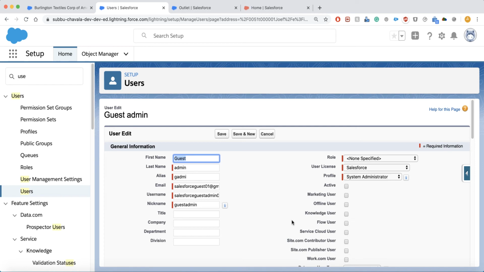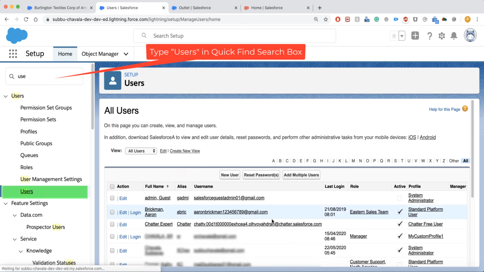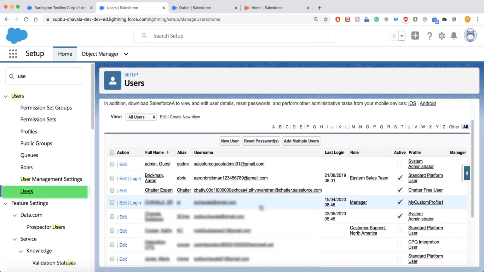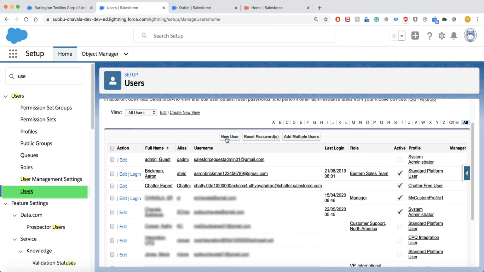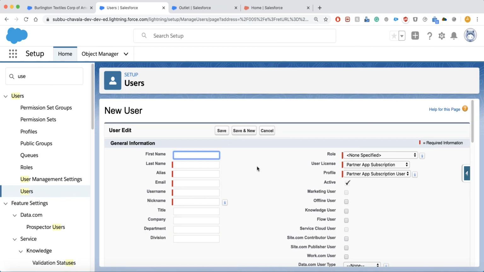So what is the navigation for this? To view and manage the users, in the quick find search box, type users and click on that. Then we can see all the users. And how to create the users? If you click on this new user, you can create a user. In these fields, we can enter the data. Earlier I said we have 3 users: Raja from India, Richard from USA, and Michael from UK.